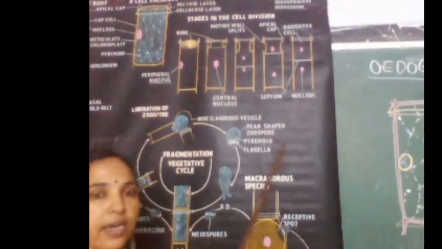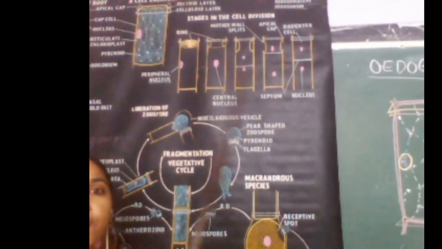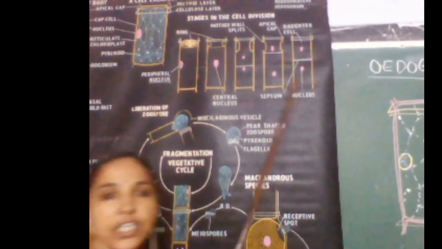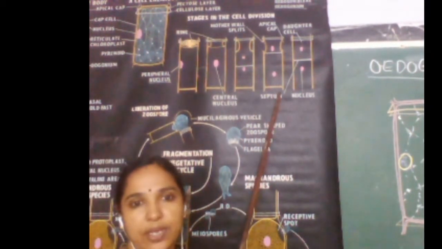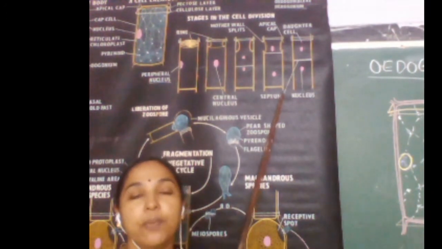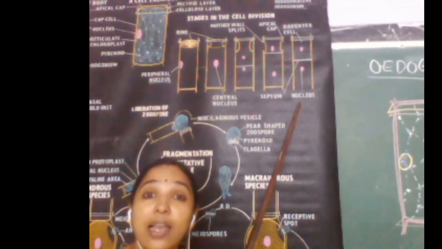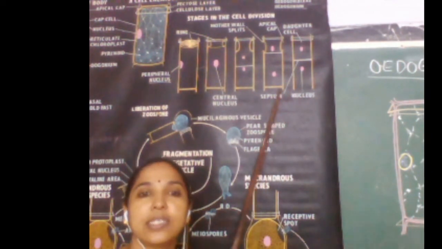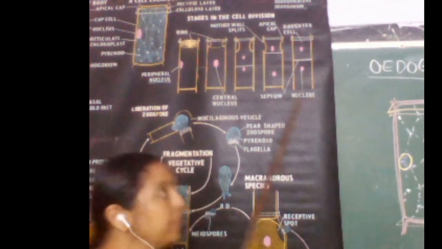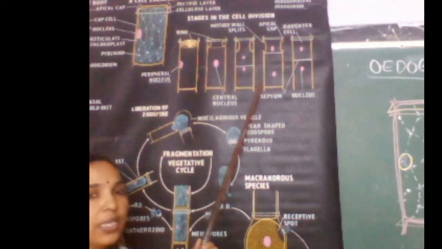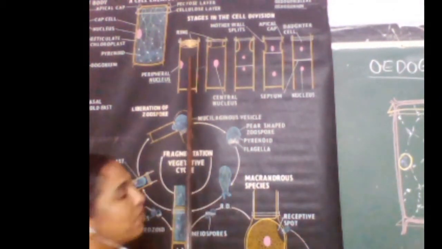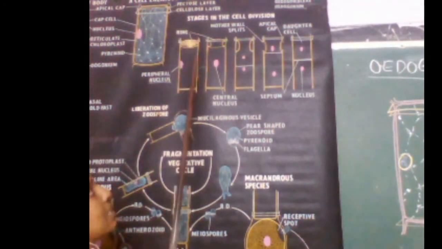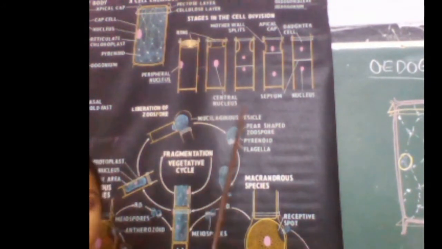You can see here the sequence of the cell division in Oedogonium. The cell division in Oedogonium is very peculiar. This is very important here because this is the only algae showing this type of cell division. Clear? The cell division is a series of process in Oedogonium. How is it taking place? See, here this is the first step. These are the cell, single cell I have drawn here.